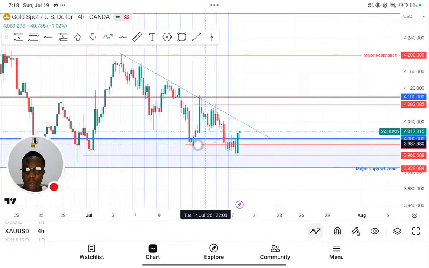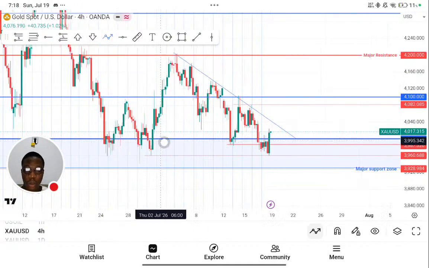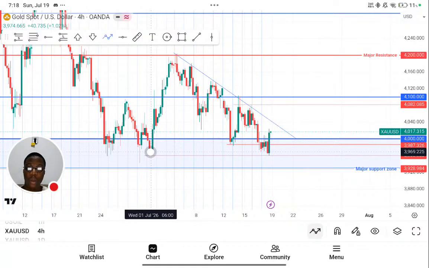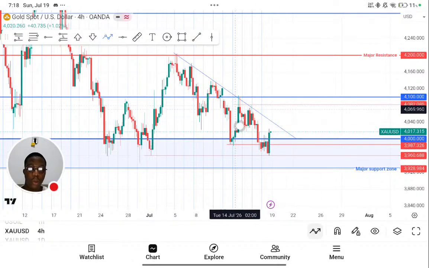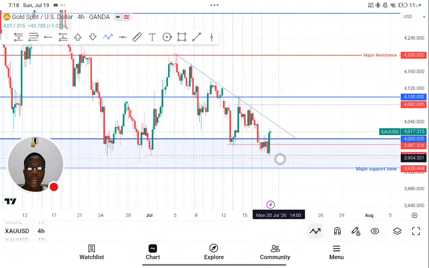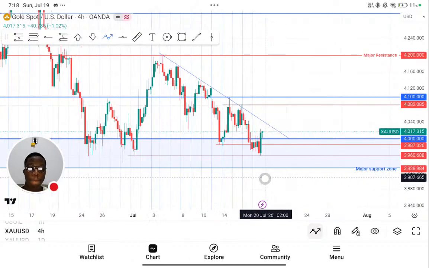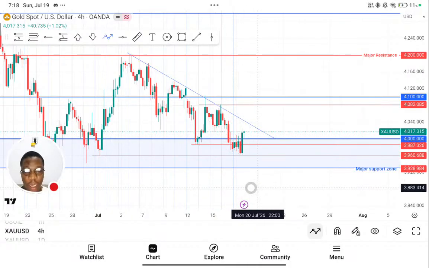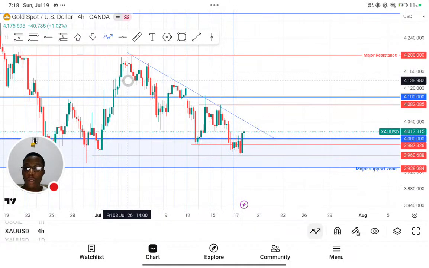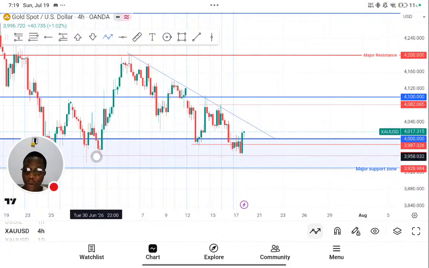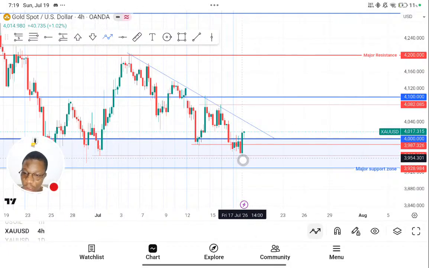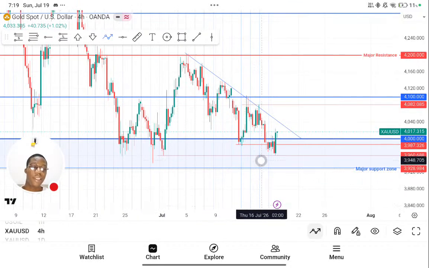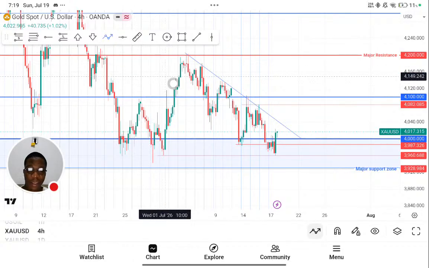Focus on the structure. What is structure telling us? Basic market structure is what will help you filter all this noise that is happening, to be honest. Because if you just come and look at this, it will start selling immediately. On market structure, I would have loved that the market took out this low, so that I would know that it has changed. But since it didn't take out this one,